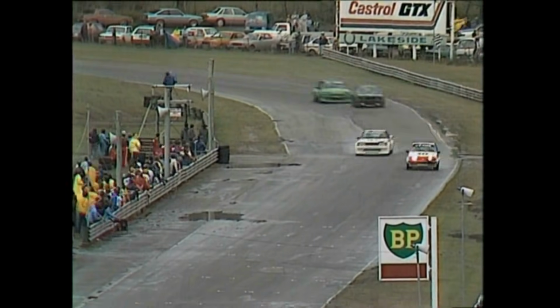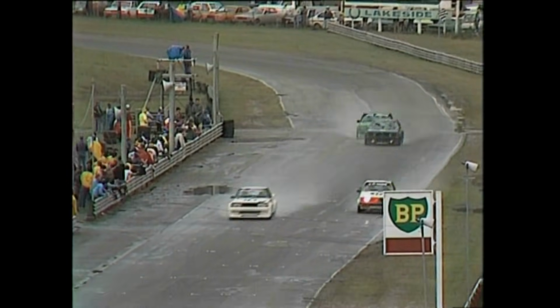I know it sounds silly, but conditions do suit George Fury to a certain degree, in as much as he's a man who loves a car that twitches and slides. And he's got magnificent car control. The irony of it is that team manager Howard Marsden has left Australia this morning to go to Japan to check out the chances of their new Group A car for next year. And he can't see his beloved...